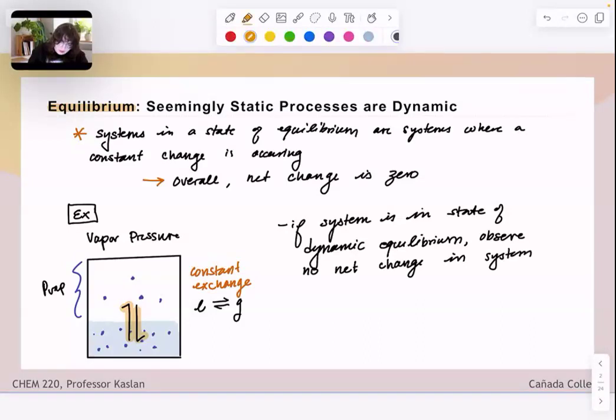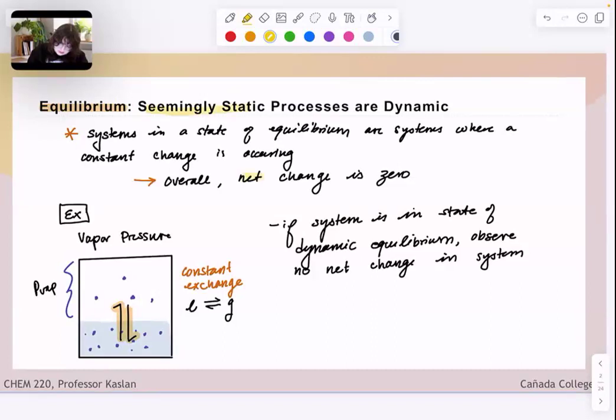Why is it that that water bottle would appear seemingly static, even though we know there's a constant phase equilibrium that's set up inside that water bottle? That is because if a system is in that state of equilibrium, we observe no net change in the system